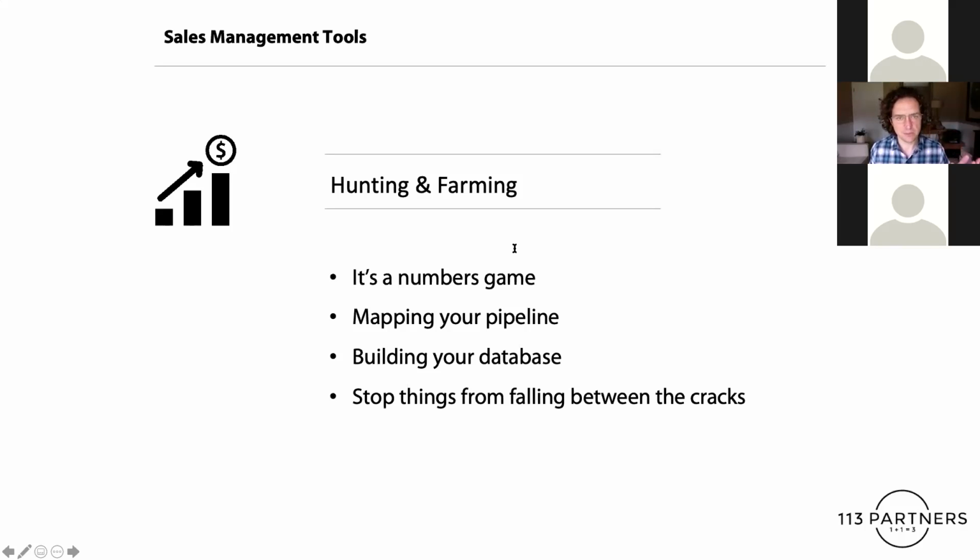a database of potential prospects with the pipeline of activities that you need to take, and then to manage each of your projects to make sure that you don't let things fall through the cracks. You keep in contact with the right people, you schedule activities to follow up on projects as they move forward. You can keep notes on what response you're getting from people, and continue to refine your pitches and your information as you move forward based on the data you're getting as you're going through your sales